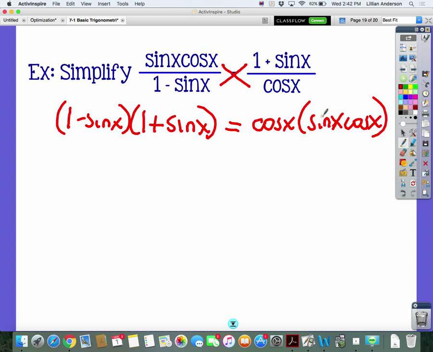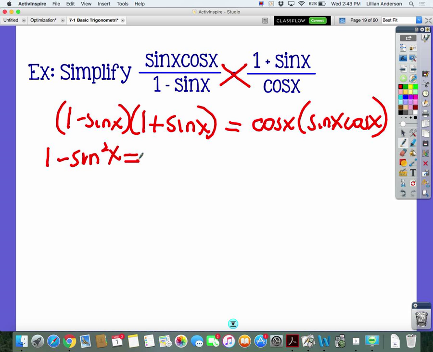Oh my gosh, yes, it's going to probably simplify down to be something so simple like a tangent. On the left hand side, what are we going to have to do? FOIL. 1 times 1? 1 times sine x? Negative sine x times 1. What happens to those two terms? They cancel out. I'm not going to write those two, the inside term and the outside term, in the FOIL, because they cancel each other. So then negative sine squared x